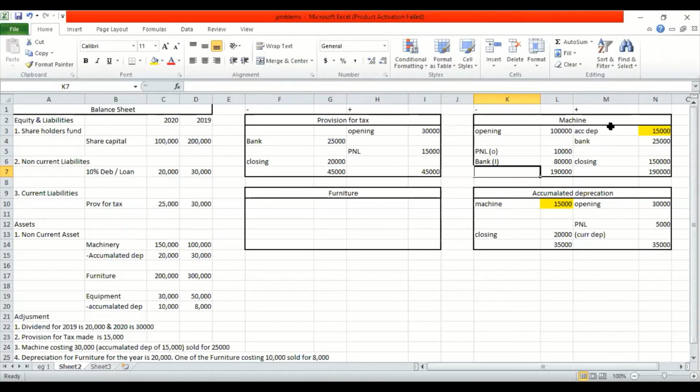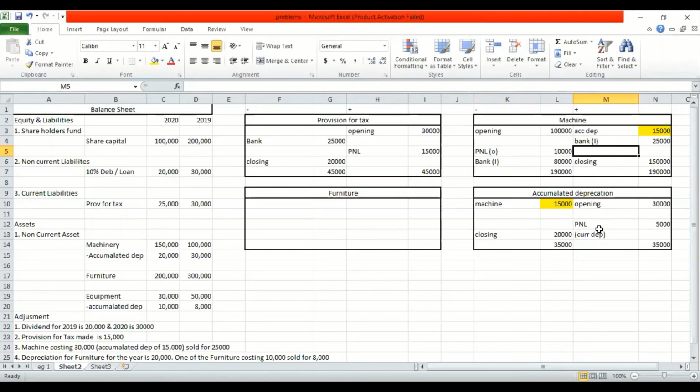Now let us analyze the credit side. Accumulated depreciation you will not take, as we pass debit and credit effect. Bank, investment activity. I hope you understand why it is investment, because it's machinery. Machinery is your non-current asset. So if you are selling or buying a non-current asset, it becomes investing activity. This is how you analyze your machinery account.